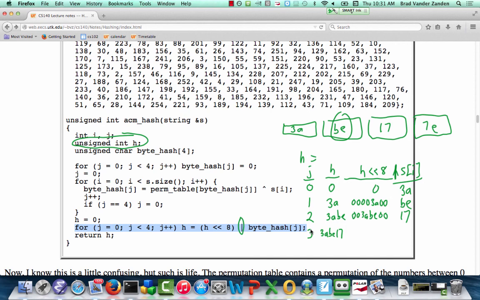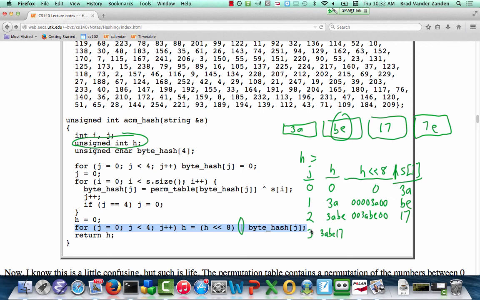Now, I know this is complicated. Many of you probably got blown away by this. You will probably need to go and look at this afterwards. It's important that you understand bitwise operations and how this is working. If you're thinking, how did he come up with the permutation table, or how did he dream this up? I don't know. That's why thousands of hours of research have gone into it. So don't worry about how he came up with this algorithm, but know how it works. Know the mechanics of it. I'm not going to ask you to regurgitate it on the test, but I do expect you to know